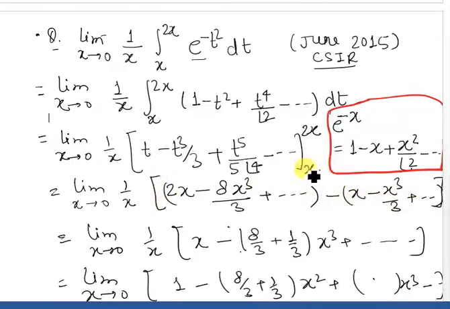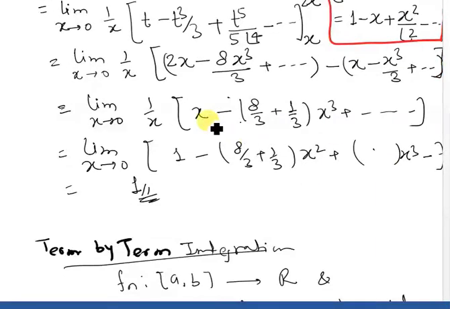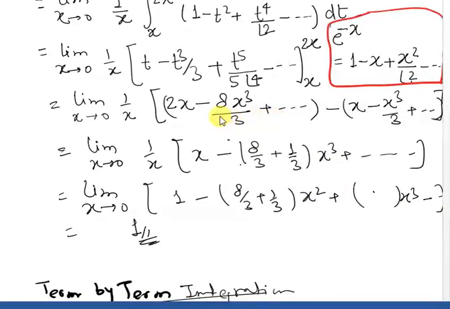So next is x, when x minus x cube, again plus some other terms also, and just we solve it. You can see once we solve it and apply this limit, x will cancel out, here 1 will remain, and it will become x square, some x cube terms also. When you apply x approaches to 0, your final result will be 1. So this is the final answer.